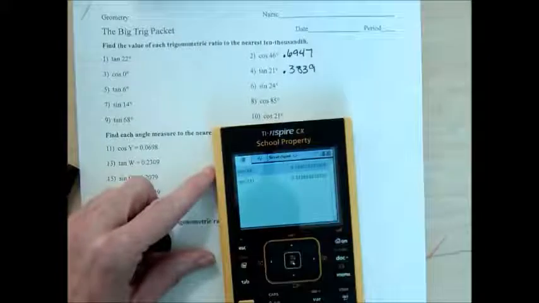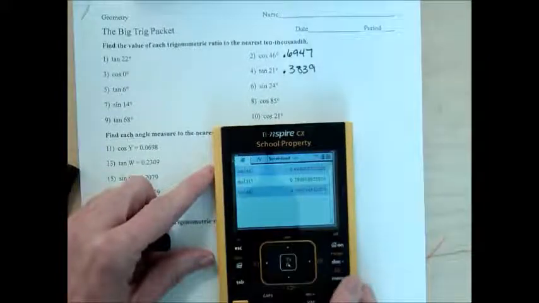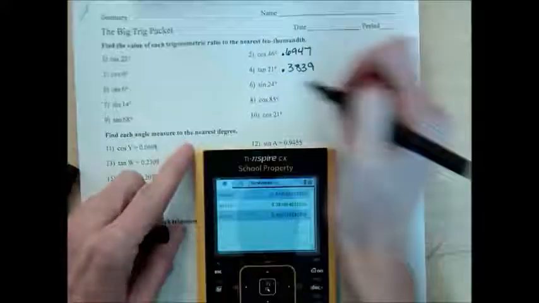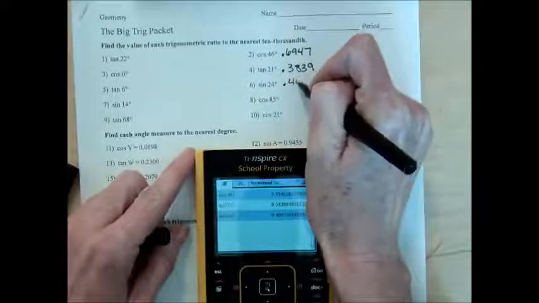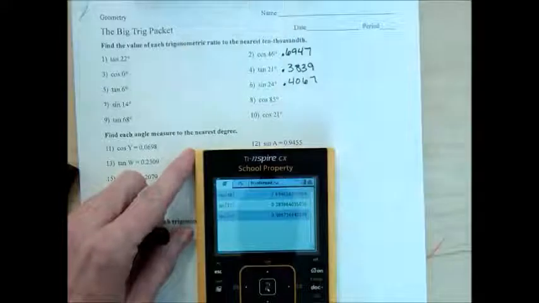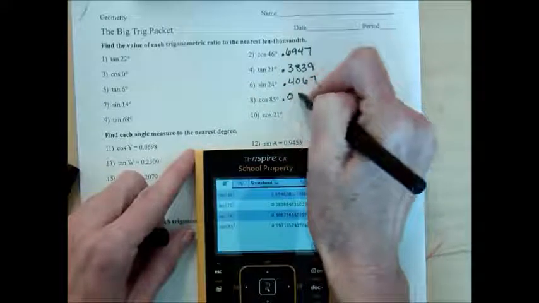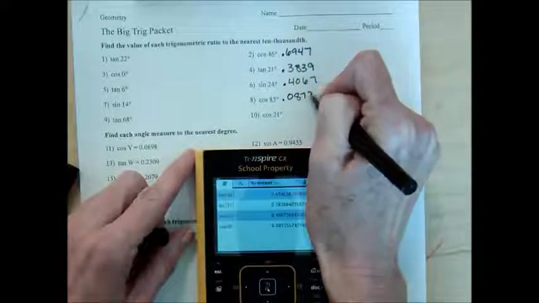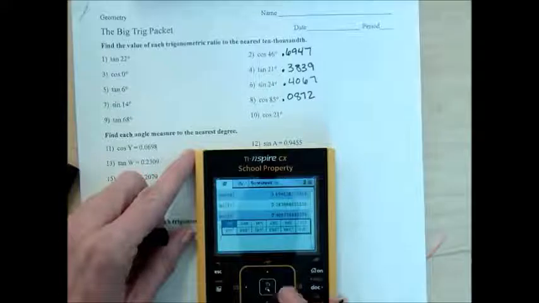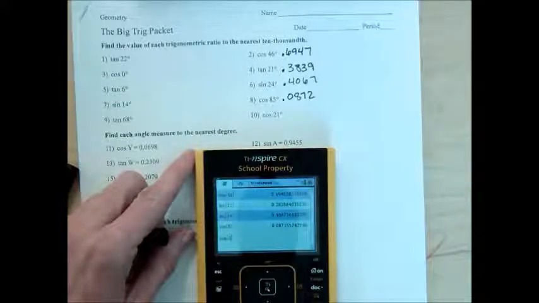Sine of 24, 0.4067. Cosine of 85, 0.0872. Cosine of 21,